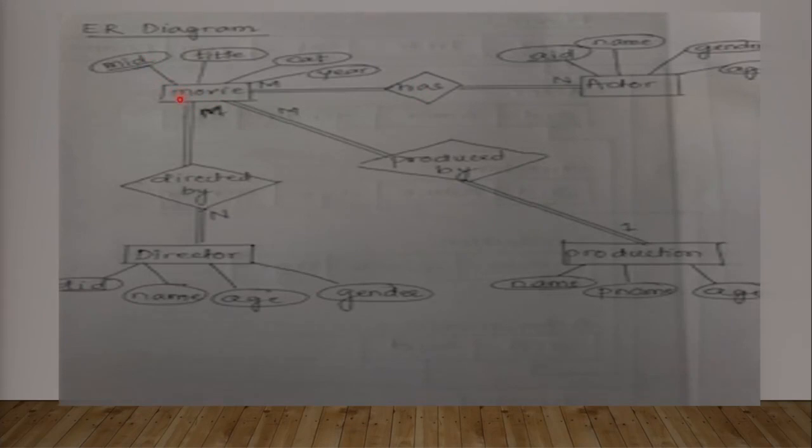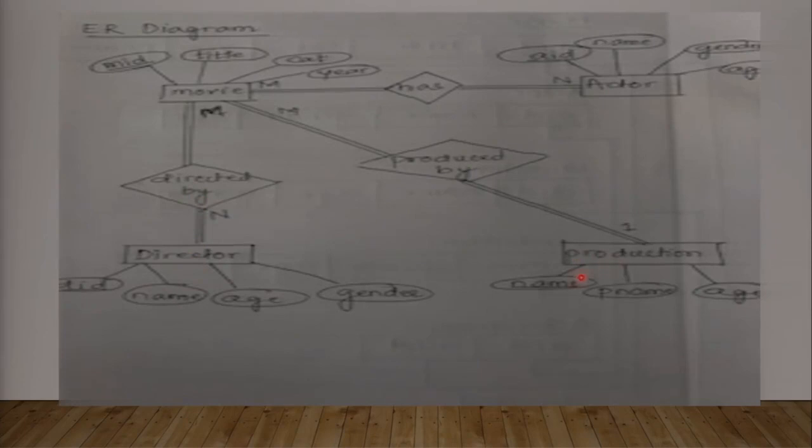Similarly, if I have to build a relationship between movie and directors, I would do the same. The movie ID of the movie table is equal to the relationship table's movie ID, because this relationship has been named "directed by", and it is going to have the movie ID primary key put here. So the movie ID here is going to be equal to the relationship's movie ID, and similarly whatever is the director ID here is going to be equal to the director ID here.